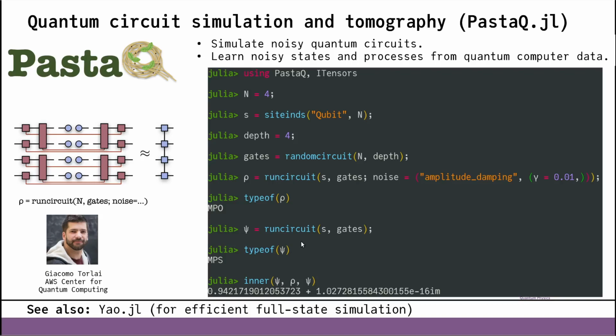Building on top of that functionality, in collaboration with Giacomo Torlai, who is now at the AWS Center for Quantum Computing, we built a package called PastaQ.jl, which also adds features like simulating noisy quantum circuits, as well as learning pure and noisy states and processes using state-of-the-art tomography